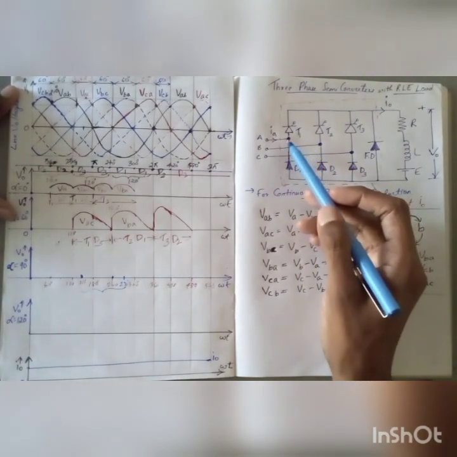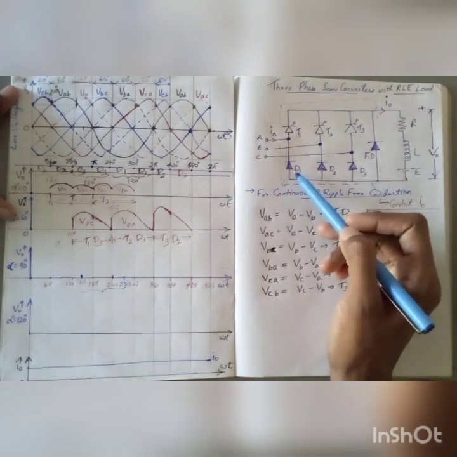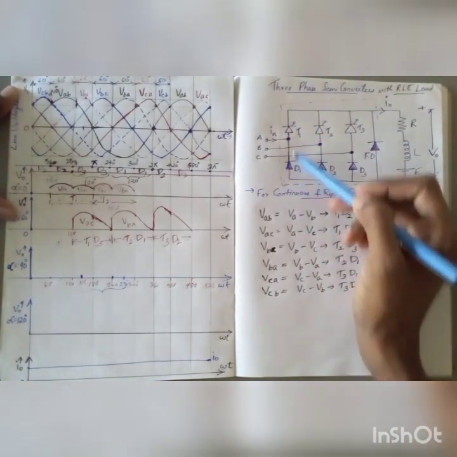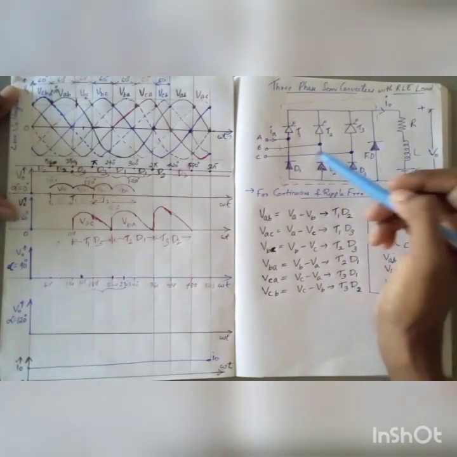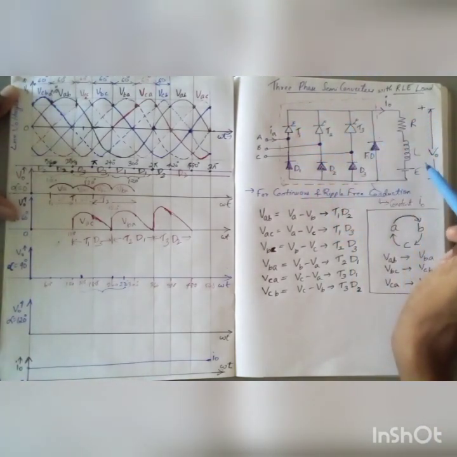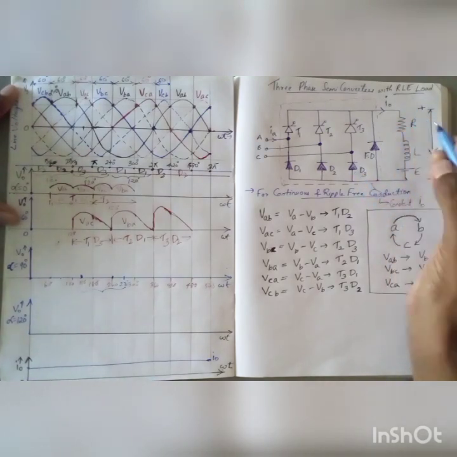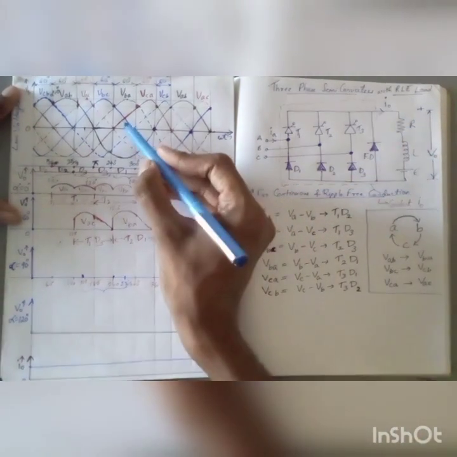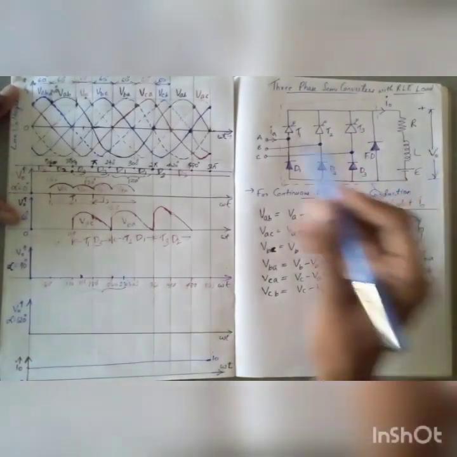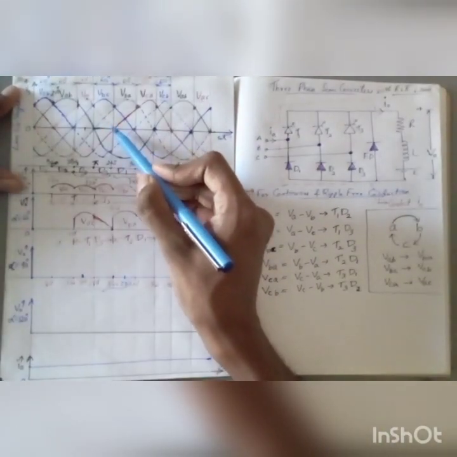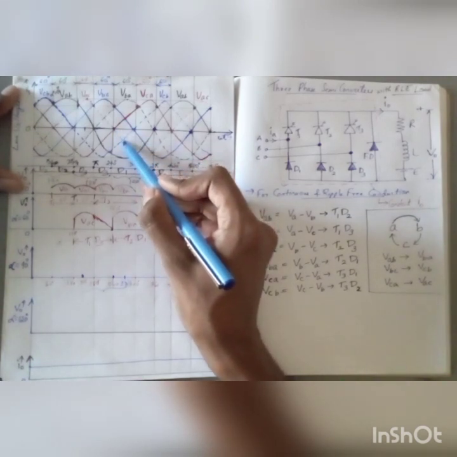T1 is already in on state. D1 starts conducting, which means it acts as a short circuit and no voltage will appear across V0, and reverse voltage starts beginning at V0. How? After 240 degrees, my VAC has started becoming negative.